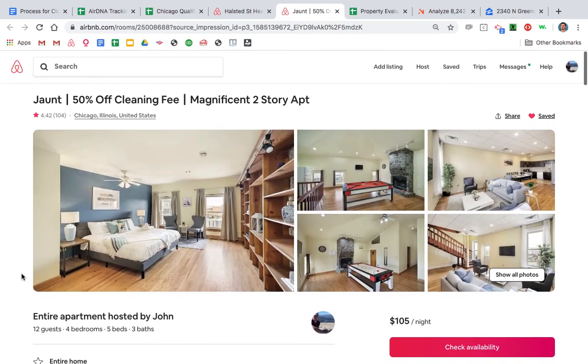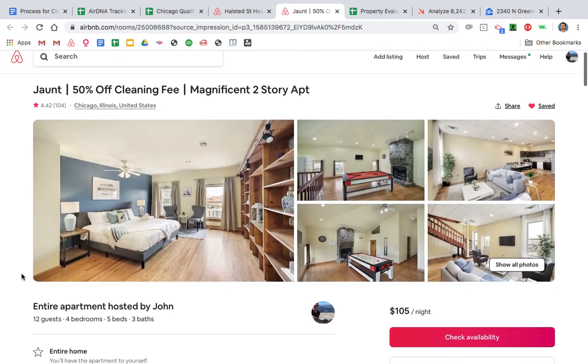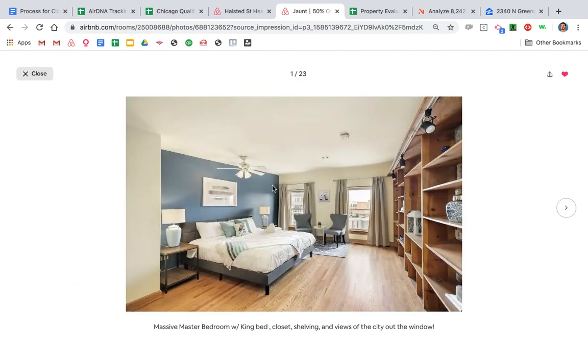So now what we need to do is go through the photos and figure out what the key features are, what's good about it, what's bad about it, stuff like that. This was the very first property that I ever put together myself. This is my first home I ever got in Chicago as well. And when I was getting ready to put this one up, my investors told me,